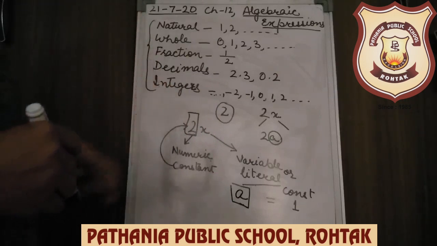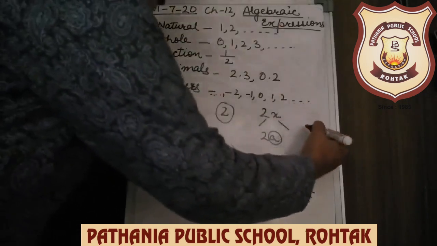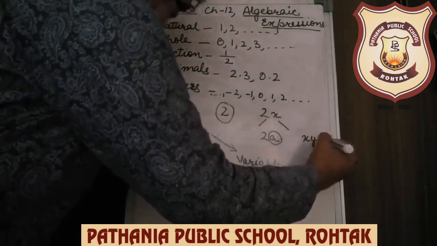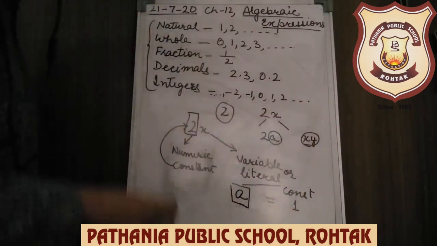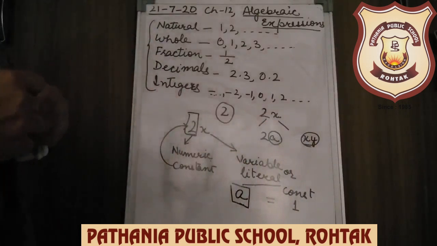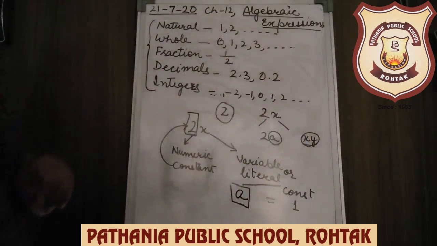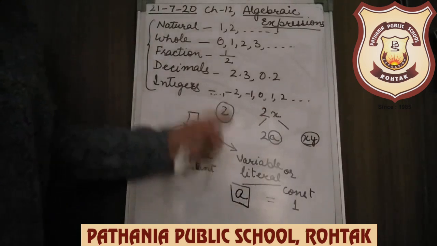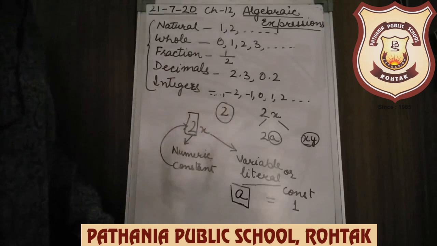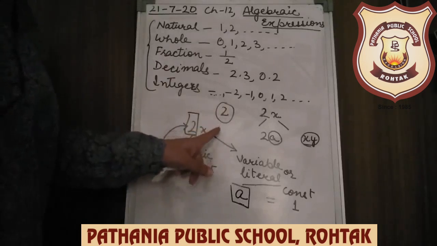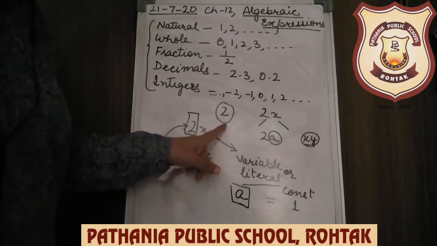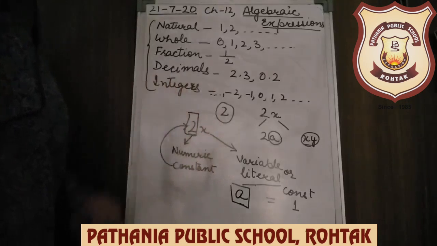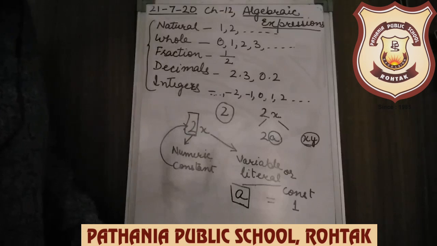But if 1 is not there, then we are going to write simply the variable part, which can be x, y also. There can be 2 variables, there can be 3 variables, or there can be 1 variable. And if there is no variable written, suppose I write 2x plus 1, there you will say that this is only the constant term. Is this clear to everyone regarding the constant and variable?